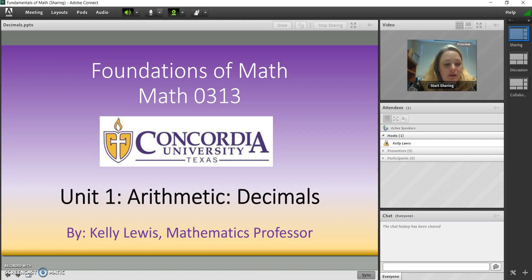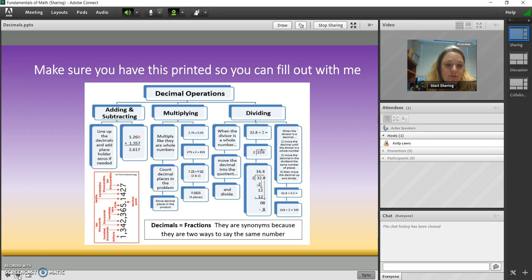Hey guys, we're going to do a quick review of decimals now. Alright, so this is the graphic organizer. I didn't really leave it blank because I wanted to make sure you saw all the steps. But during this, I'll do a couple extra examples. I also included